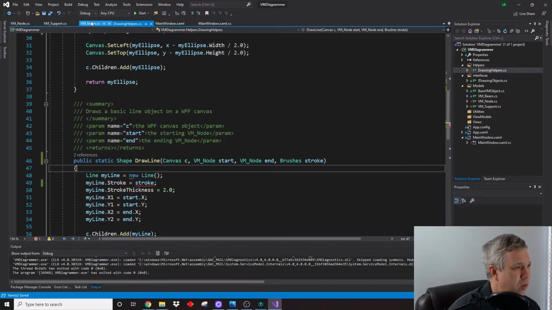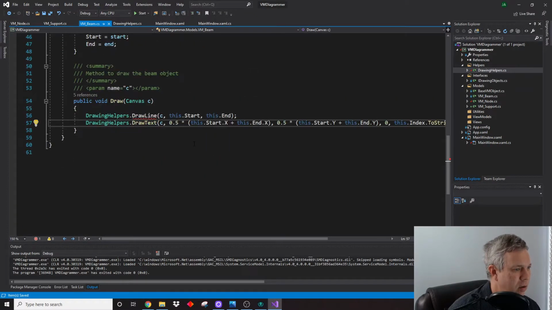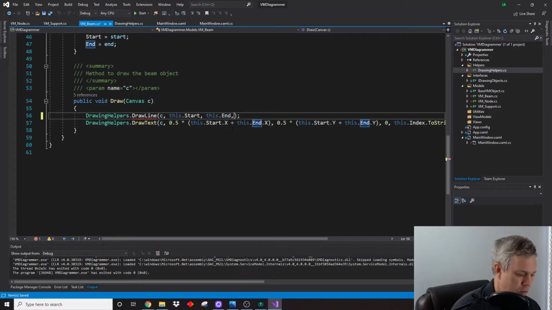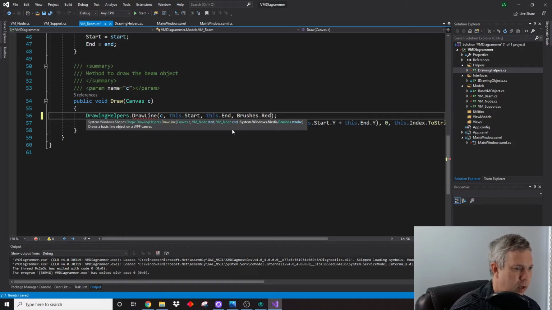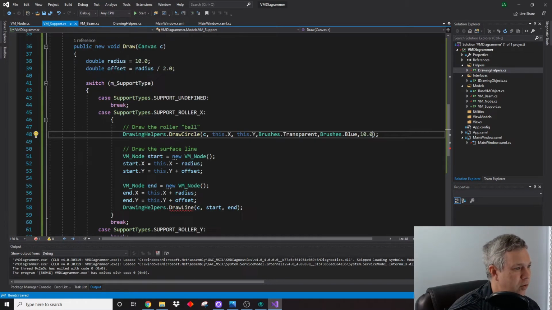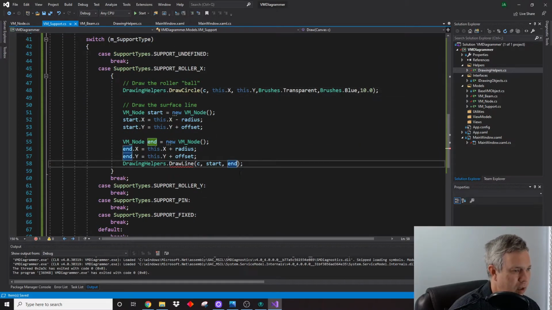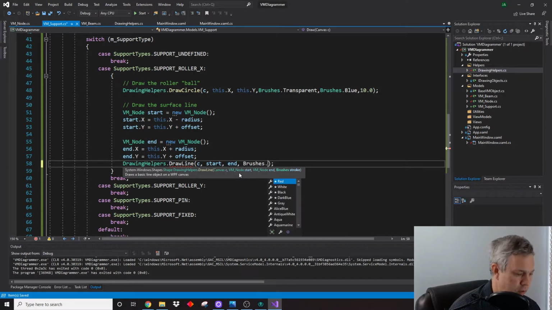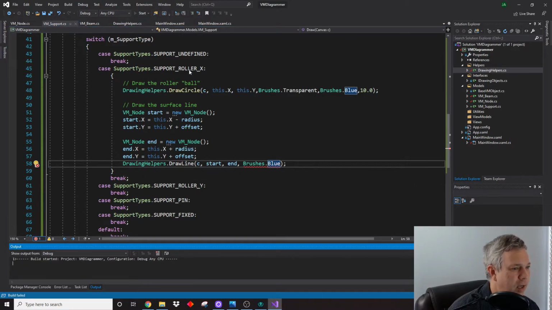All right, and then when I go to the beam and I draw the line, now I can do brushes.red. Gets me that. And then if I go to my support, when I draw the line, we can do something different. Brushes dot, yeah, blue sounds good to me. There's something to indicate that it is a